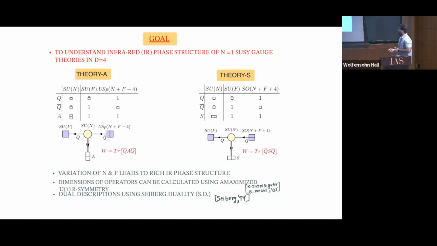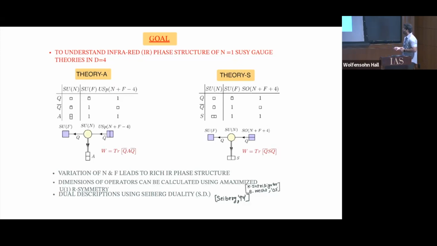One of the tools often useful in understanding the IR is a maximized R symmetry, because using a maximized R symmetry, you can tell what the dimensions of different operators in the IR are, as you change the flavors F. But it has its own limitations. Sometimes some of the operators have negative R charge, which corresponds to violation of unitarity. So either it means you have an accidental U(1) symmetry or some other interesting dynamics is at play in the IR.